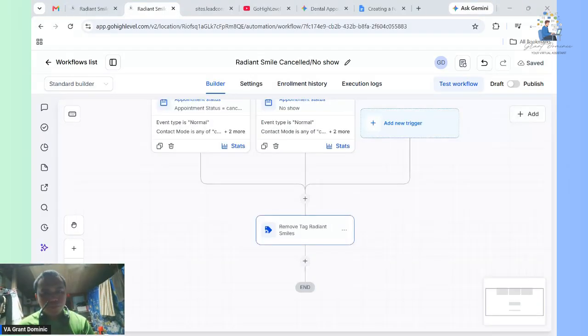So on this one, we will. Oh, I forgot. We will create a condition first.